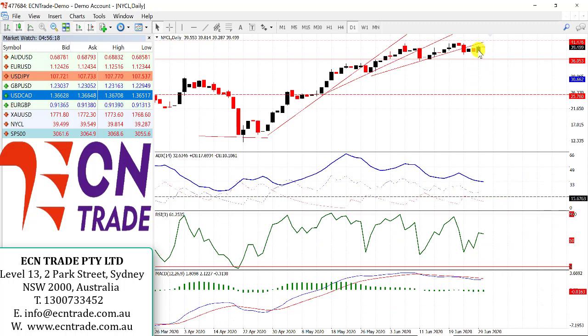Oil is attempting to recover, but not likely to, as it's still expected to see good resistance around $41 to $41.50 a barrel. I do anticipate, although the market is wearing the level on the support side around 37.45 to about $36, that the bears will continue to pressure the market. Let's see if we do eventually reach any of those targets or reassess.